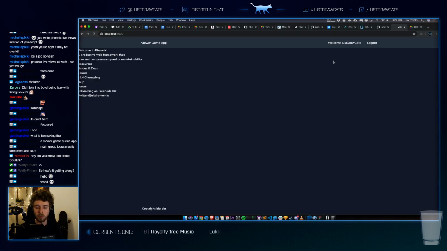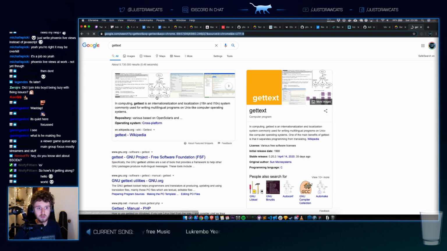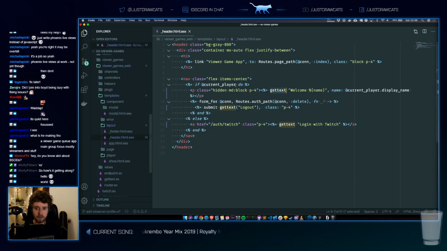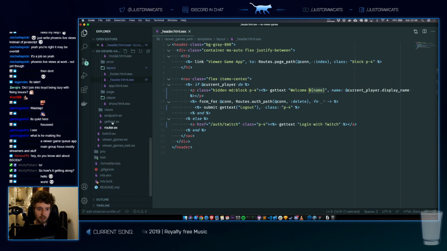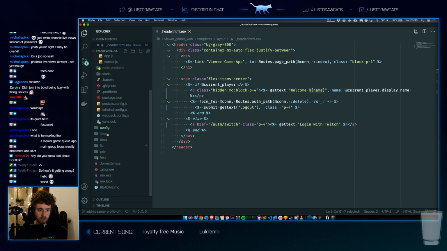So you might be wondering why this is needed. So getText is a way to translate. It uses PO files, and it's like a C compiled translation. So where I'm typing welcome and then name, I can then write different PO files. I don't know where they are though.